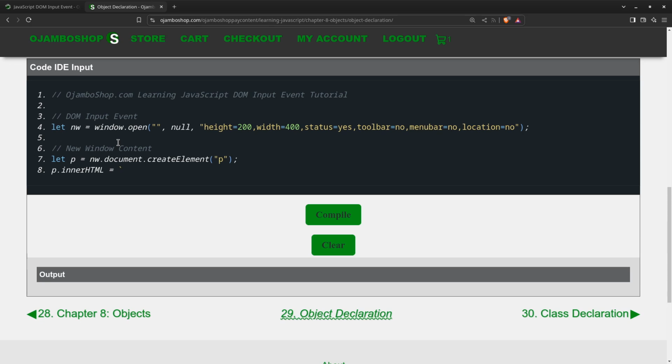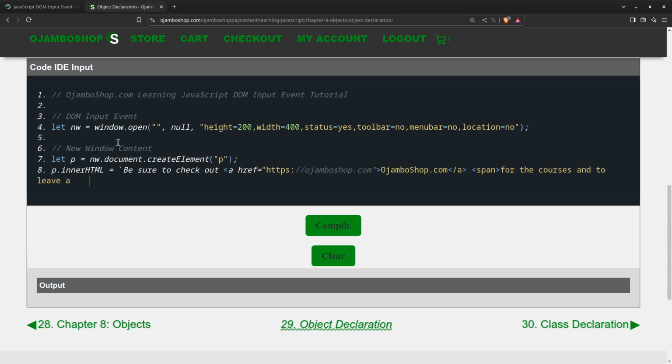I'm using template strings so that I can use single or double quotes without having to worry about escaping them. HTTPS jamboshop.com for the courses, and to leave a donation, click